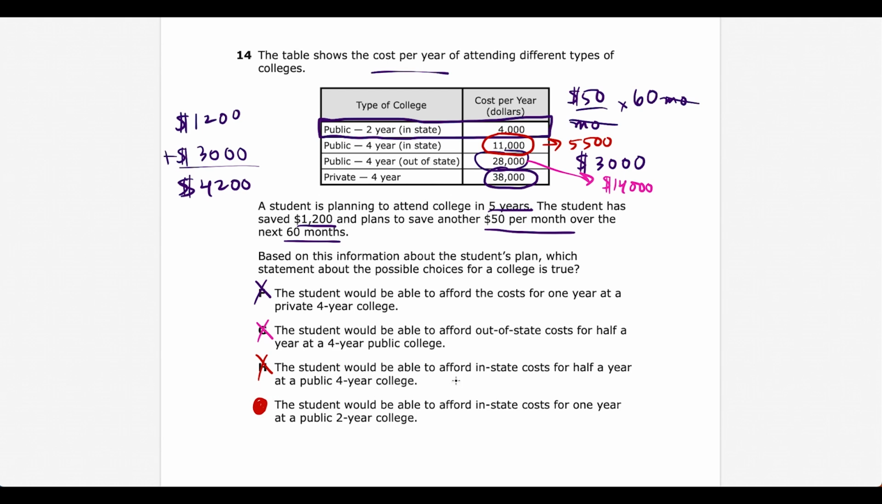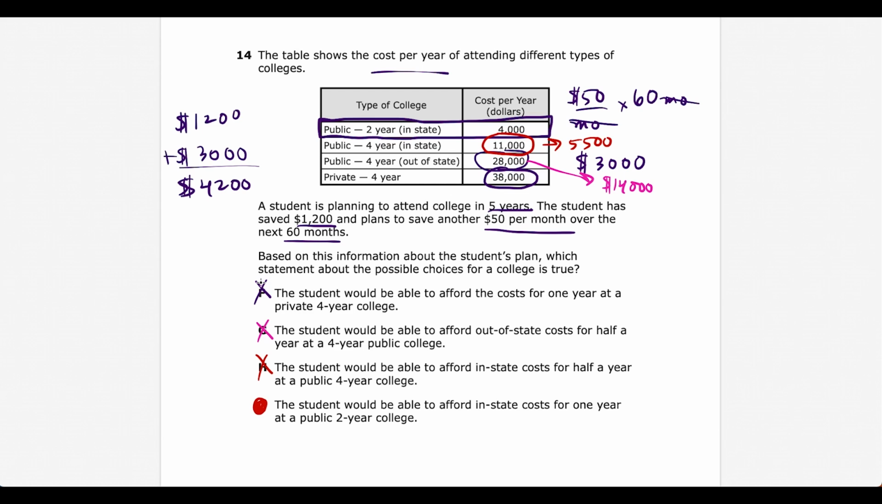But look here, the student would be able to afford in-state costs for 1 year at a 2-year college. And notice that's $4,000 a year. We have $4,200 to work with. So this definitely works. This one, though, you could probably just common sense it, because if they're saying which one